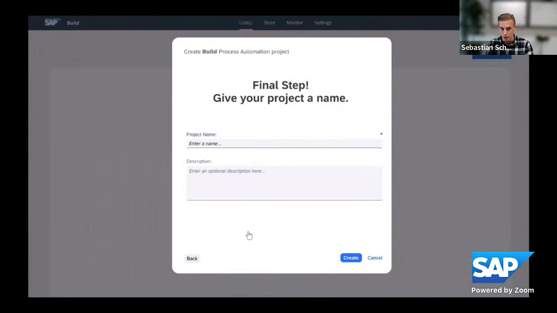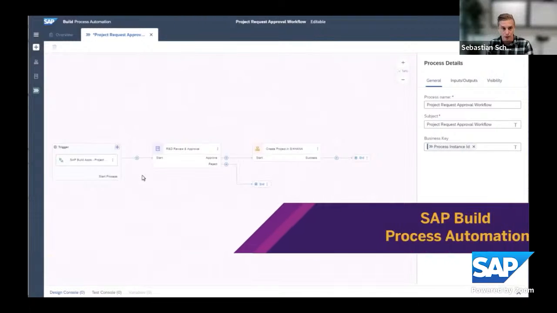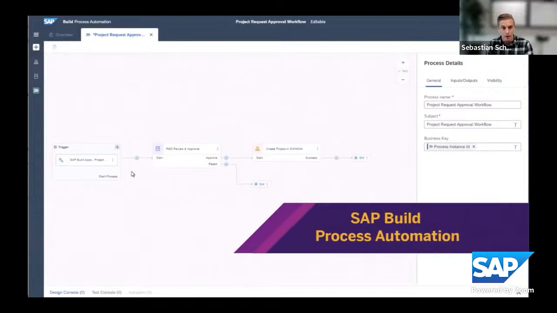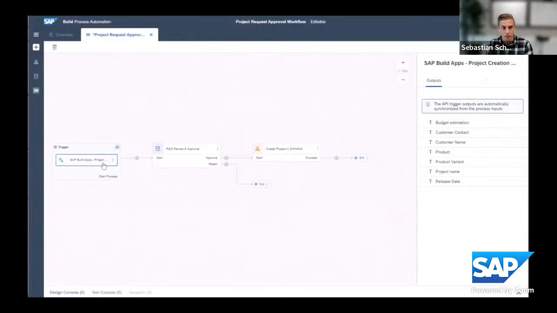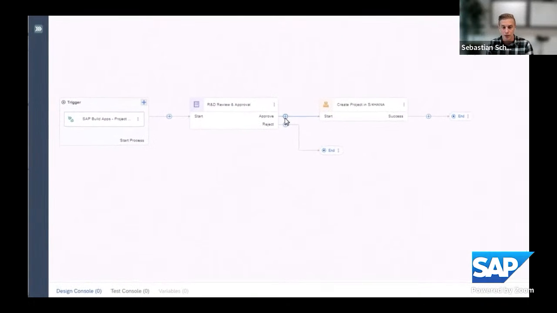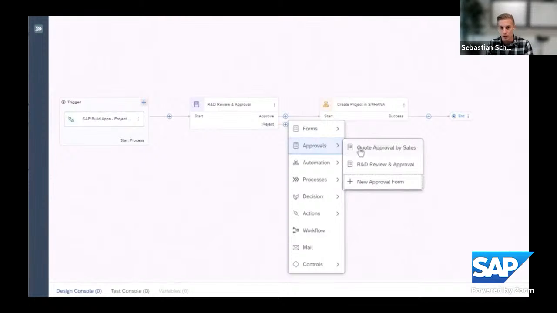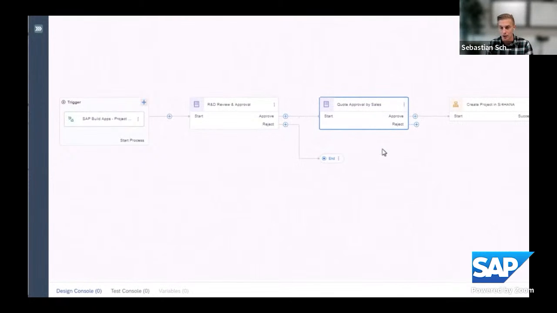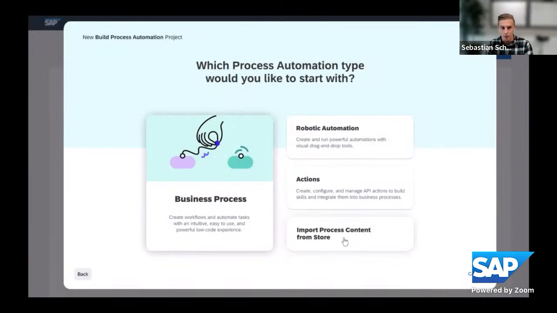We can build processes, and this is a deep dive Thomas will do later on SAP Build Process Automation. This is how you build an approval workflow. From that is triggered, we have the first approval step, and we want to add a secondary approval step to it. That triggers at the end also a project creation in S4HANA. So this is how it actually looks like. So this is also how a business expert can change and extend and automate processes around S4HANA. So an easy citizen developer experience.